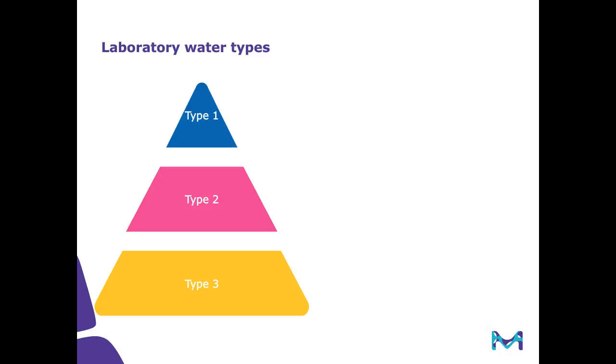So we call this pure water, and the quality may differ depending on the water that you start with. And this type of water quality may be used for really basic needs in the lab, some rinsing of containers that are not so critical, in heating baths and things like this. Now, a type of water that's a bit more pure is type 2 water.